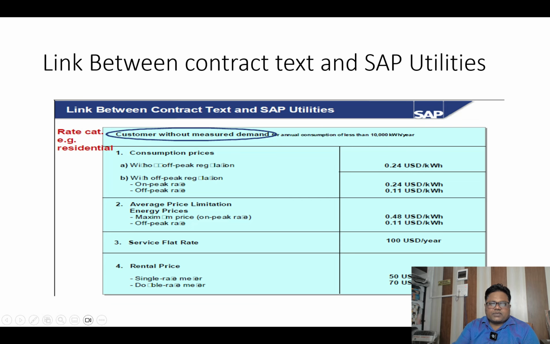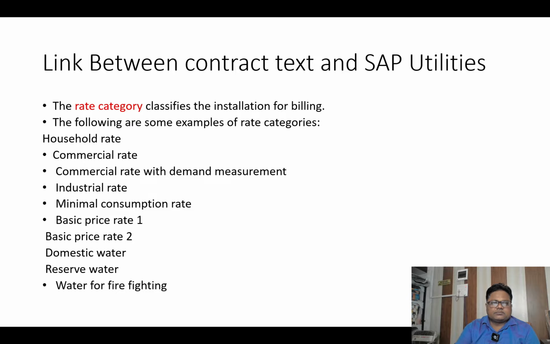Here consumption price. Here rates are determined. The link between contract test and SAP. The rate category classifies the installation for the billing. The following are some examples of the rate categories: household rate, commercial rate with demand measurements, industrial rate, minimum consumption rate, basic price rate 1, basic price rate 2, domestic water, reserve